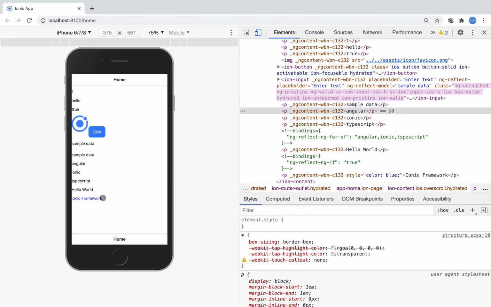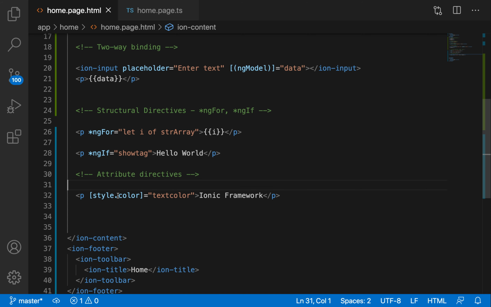Now see here, the Ionic framework is displayed in blue, and the color value is from the variable. In that way you can use style.color and attribute directives.